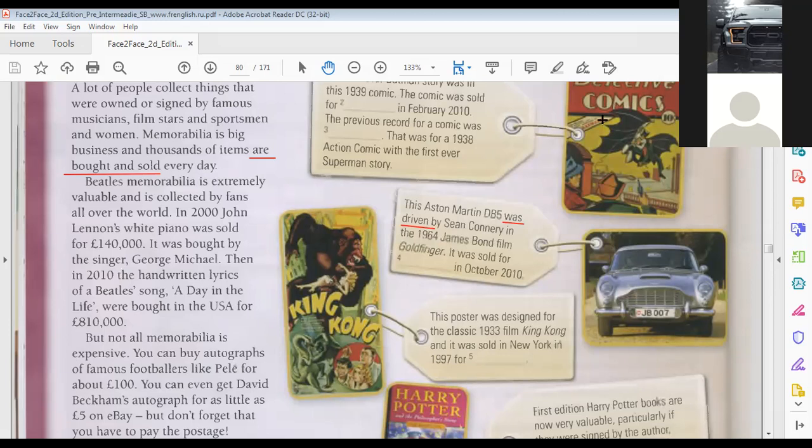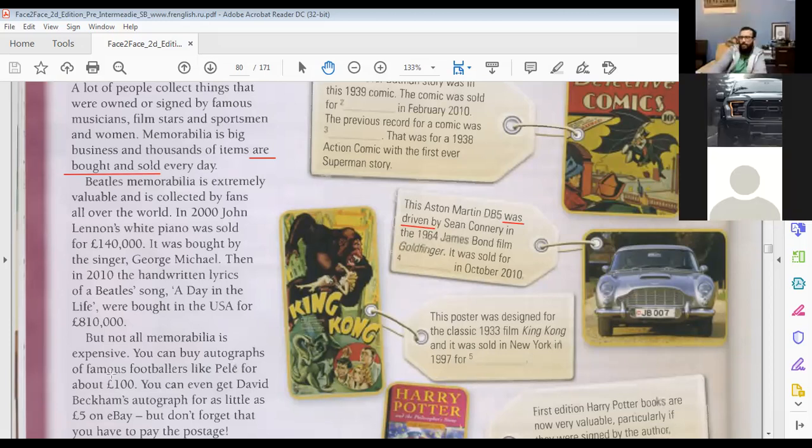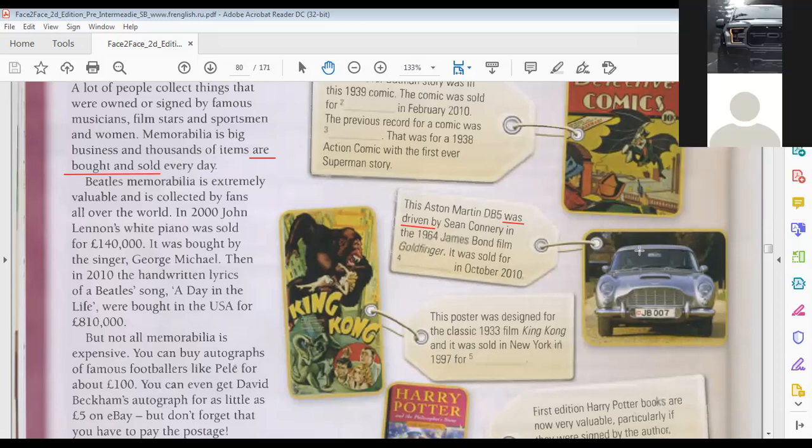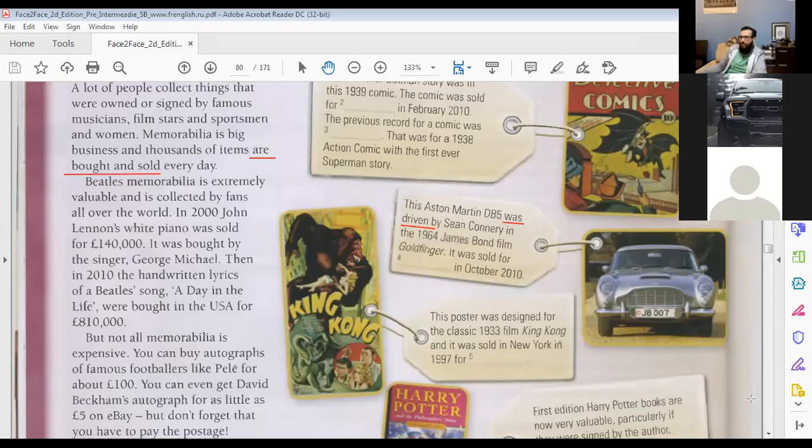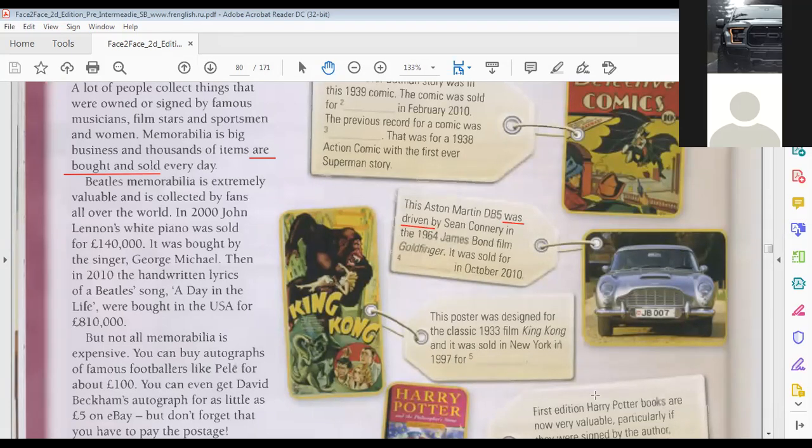What do you think? Can you find any? Until now we found two, but actually the page is full of different passives. Can you find other ones, Safiya and Samiha? Rashid, can you find other passives? You can look at the left side and the right side. What if we start from the beginning of the article? Because if we start from the beginning, we can find a few. Who can find passive in the beginning?